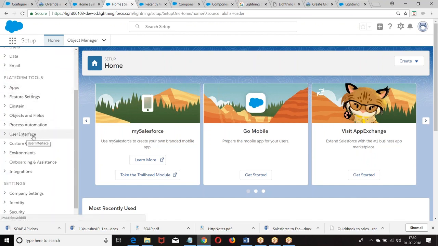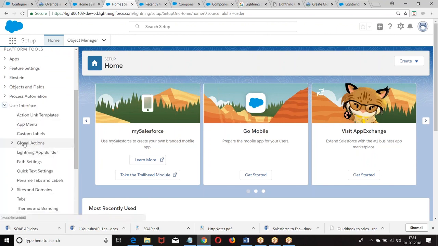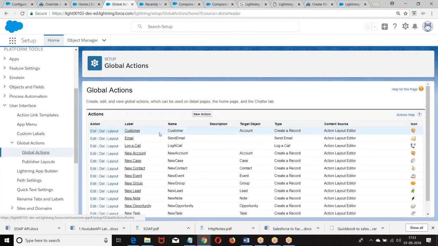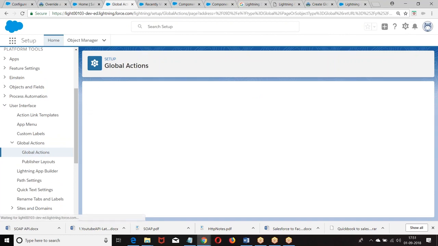Under this we find user interface. Under the user interface we find global actions. Go to the global actions. New action.